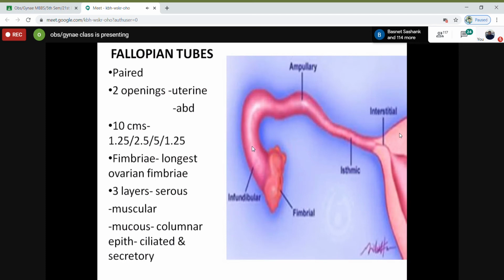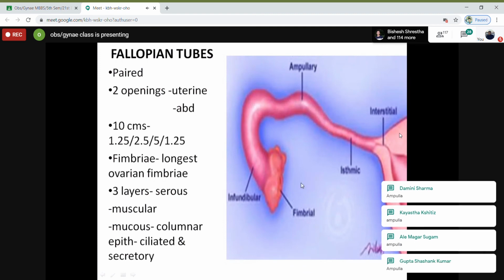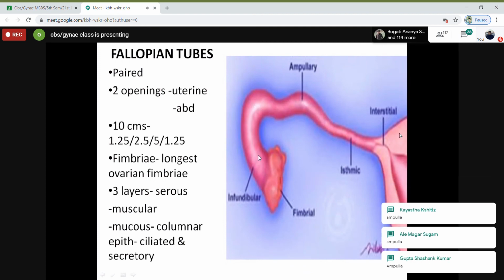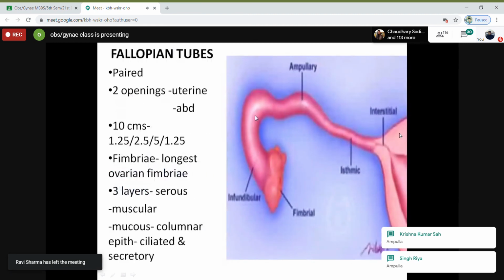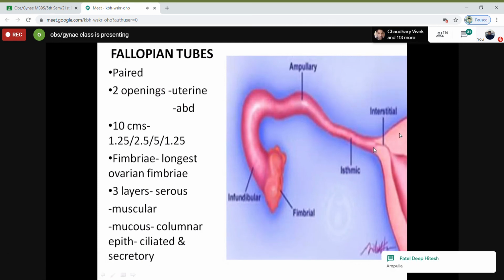It is ciliated. Why? Because the cilia will help in transporting the ovum towards, where does the fertilization take place? Anyone? It takes place in the ampulla. So when it picks up the ovum, it is transported through its fimbrial-like projections and the cilia up till the ampulla, where fertilization takes place, and then again it has to go into the uterus for implantation. So again the fimbria will be helpful.